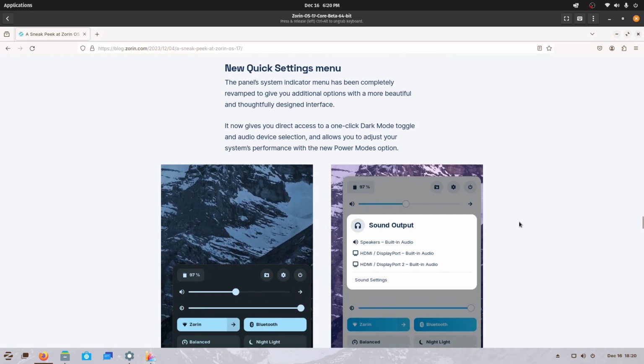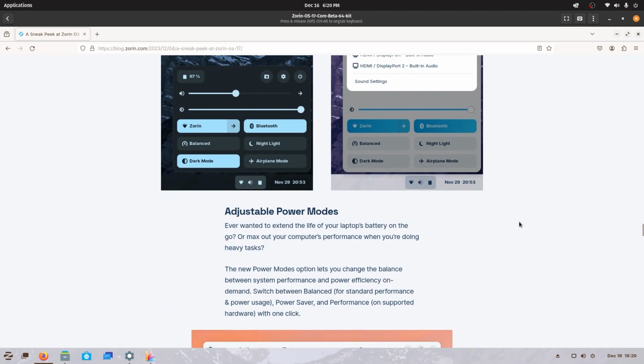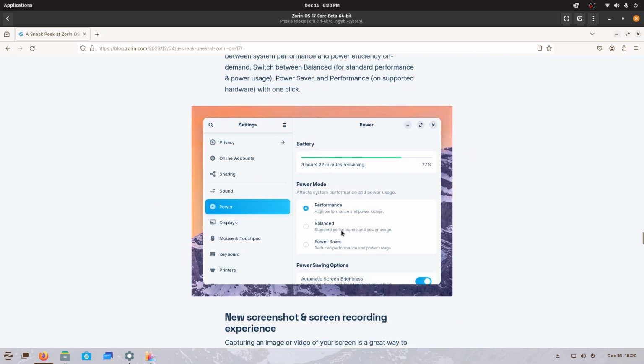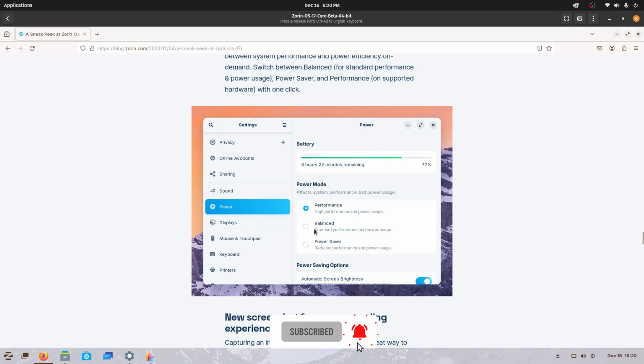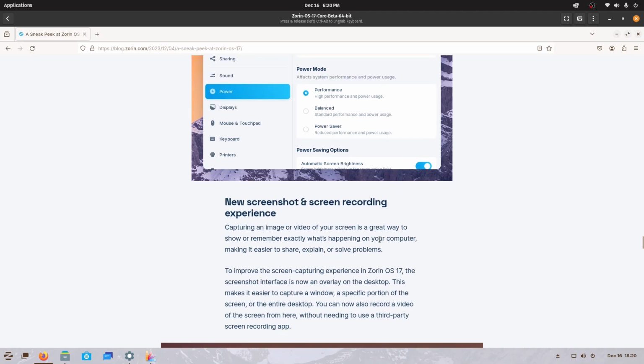But if you see the screenshots, the third one is performance, right? If your laptop is capable of taking advantage of this option, it would be there, and you would get a better time playing games or doing something intensive